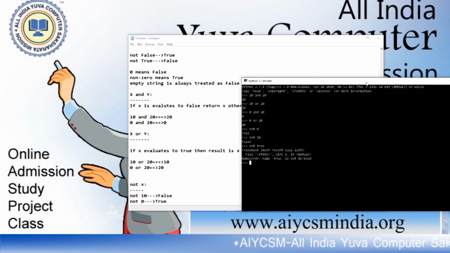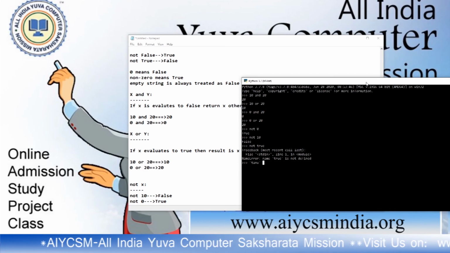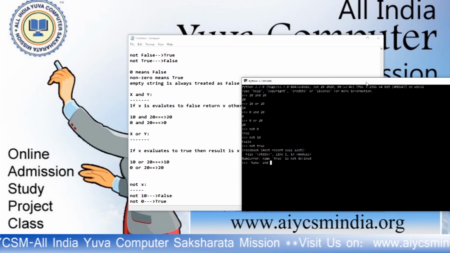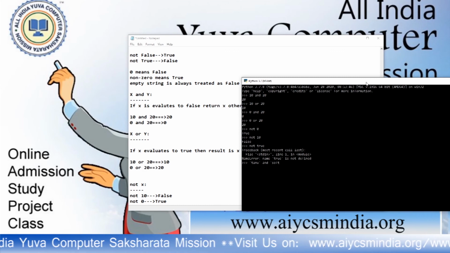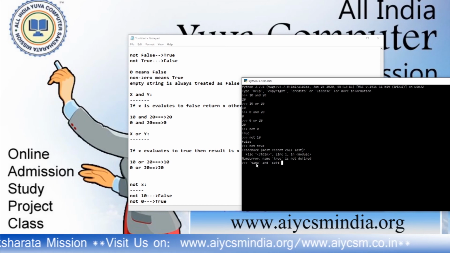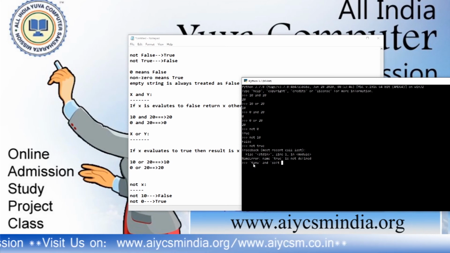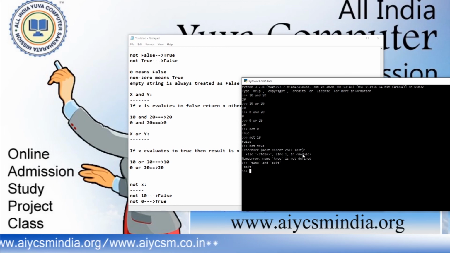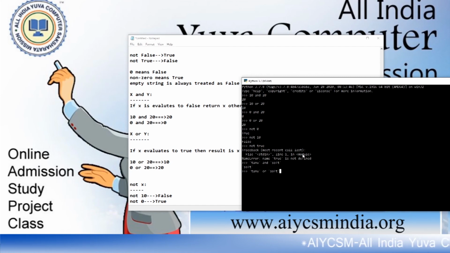One thing, if we take a string, Tanu and soft, the logic is that if the first value is false, if the x value is false, empty string means false, then this one, else we will return this one. So soft is the answer. Same condition for OR. If the first value is true, in this case it will return Tanu.